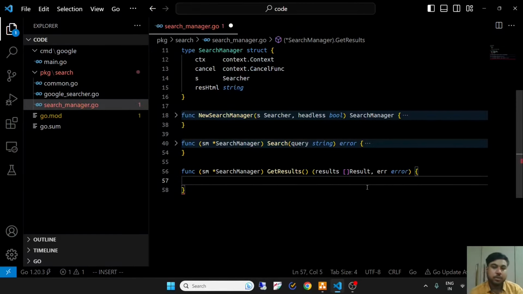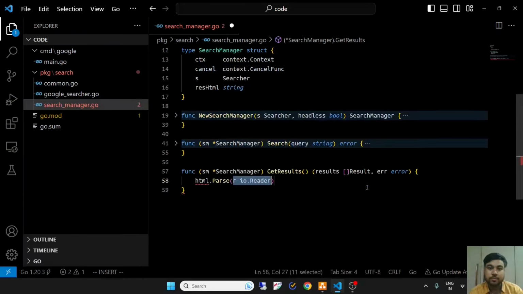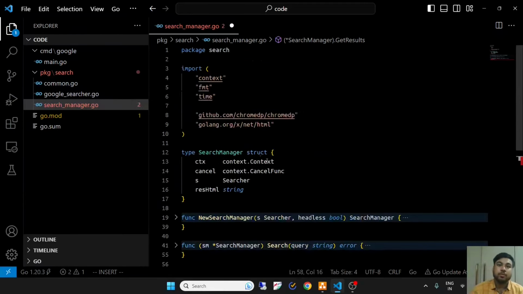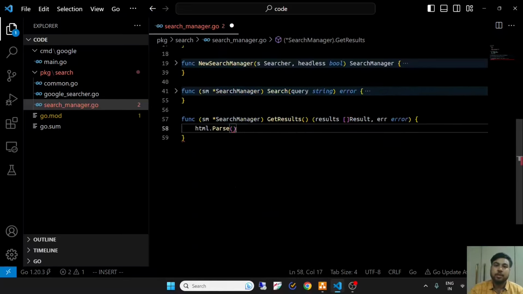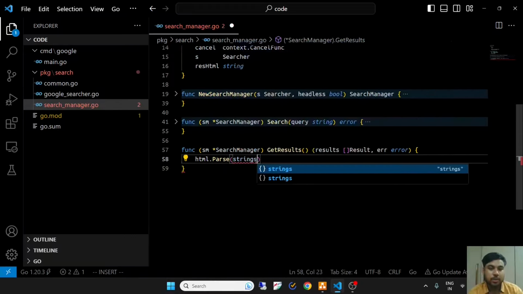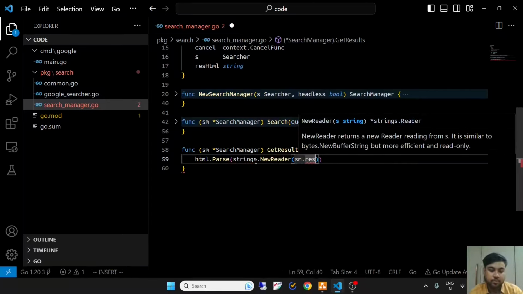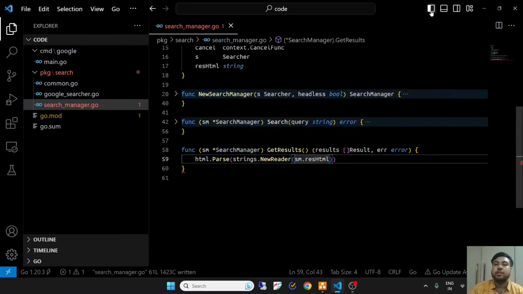The first thing we'll do is call the html.Parse function. For that we are using the x/net/html package. This function takes in an IO reader. So to convert a string into an IO reader, we simply use the strings.NewReader function and pass in the string. This function returns the HTML node and the error. I'll call this the root node.